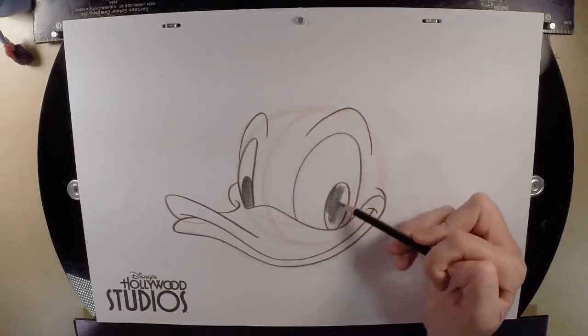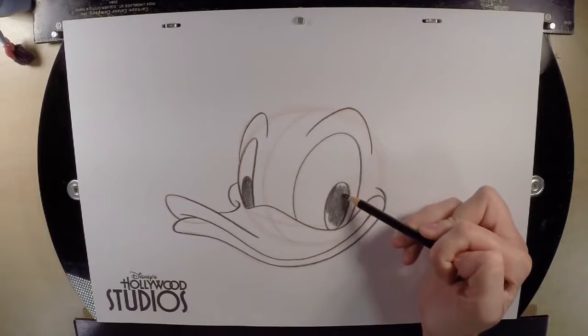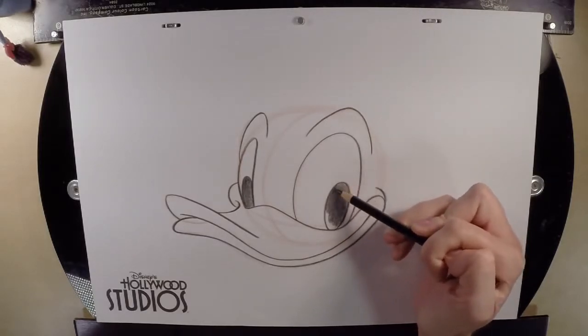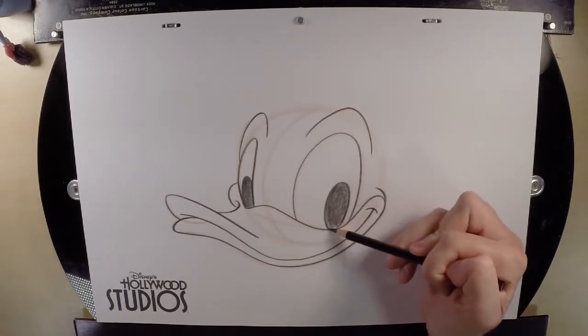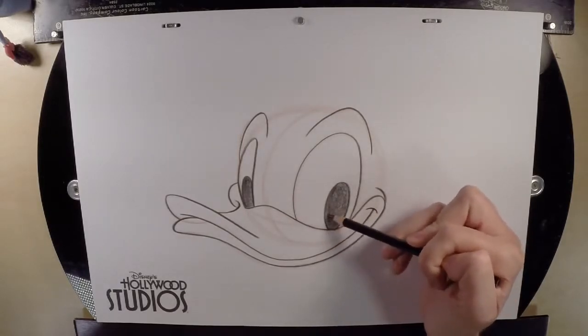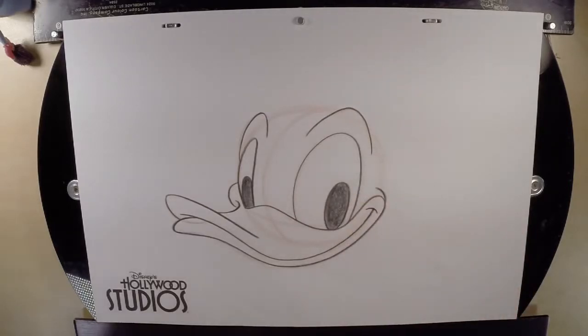fast. The great thing about shading like this is that you could literally just grab your pencil and flail your arm back and forth. If you come in contact with a piece of paper, you will make an even surface. It's just that easy. People tend to overthink shading. You don't need to overthink shading. Just go in there, get the job done quickly, efficiently, and it looks better than if you take your time,